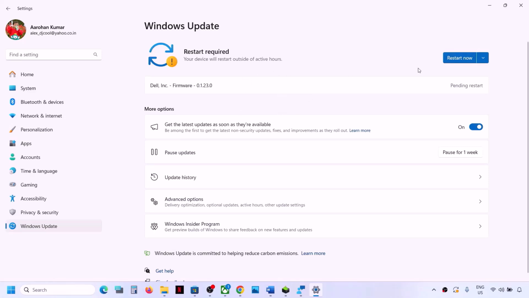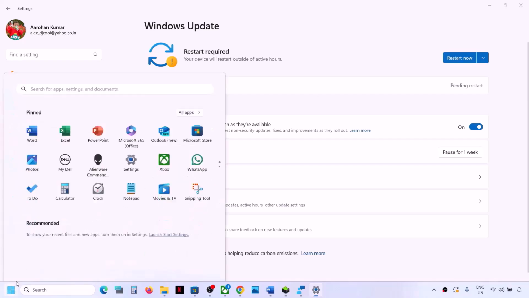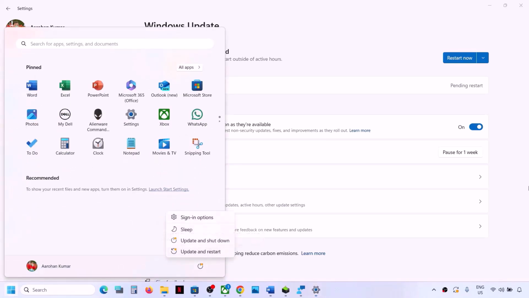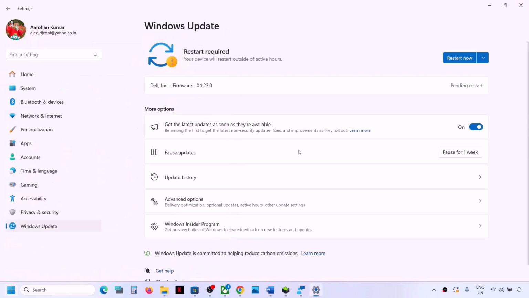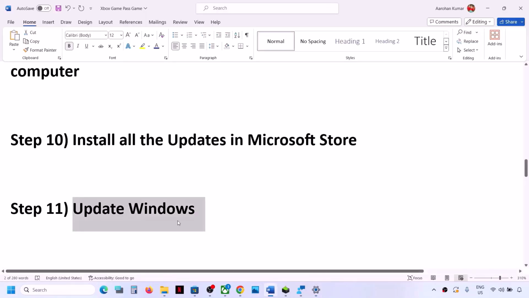Once all the updates are installed, restart your computer. Make sure that you restart your computer after the update, and after the system restarts, you can launch the game and then check. Now the next step is to